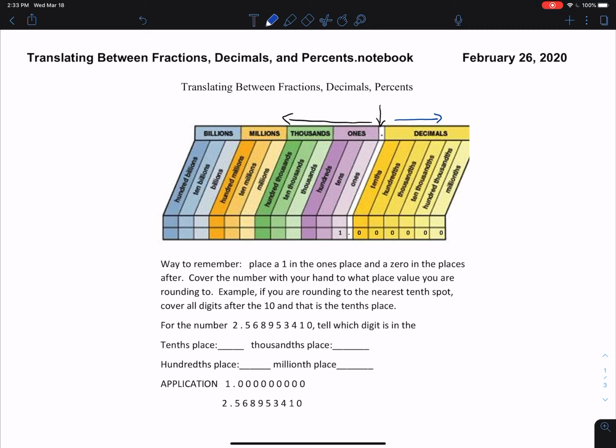So when we're trying to read numbers, we need to identify the place value. One way to remember this is to place a 1 in the ones place and a 0 in the places after. We can also cover the number with your hand to see what place value you're rounding to. For example, if you're rounding to the nearest tenth spot, cover all digits after the tenth, and that is the tenths place. So if we look at the example,